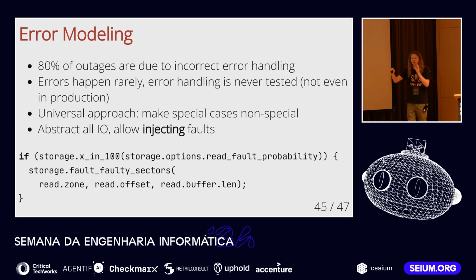this code path. You make it a common case. And that's what we do at TigerBeetle. We abstract our I/O, and we have fake storage, which allows us to inject more faults than we would normally observe from our underlying hardware. So for example, we just say, hey, with some probability, we just go and fail your read. And that makes our error handling code a common case, which is actually routinely executed.